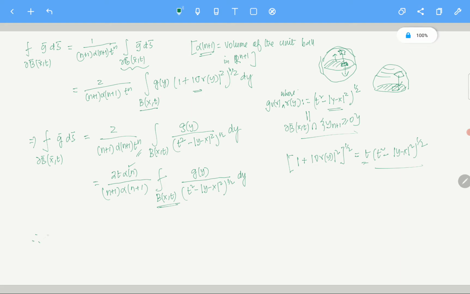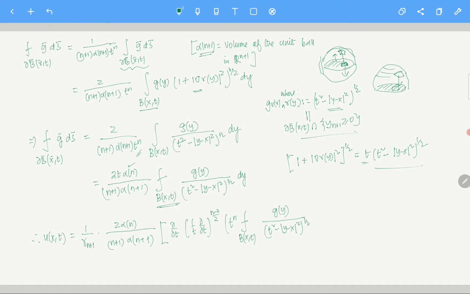So if you put all of this together, u of xt is given by 1 by, this is a big formula, so please bear with me, we do not have any other option but to write it down. 1 by n plus 1 alpha n plus 1, and del t of 1 by t del t power n minus 2 by 2, t power n integral over b of xt, g of y by t square minus y minus x square whole power half dy